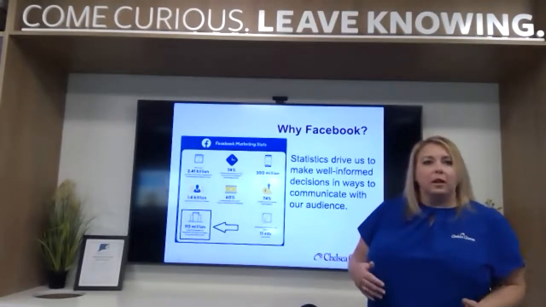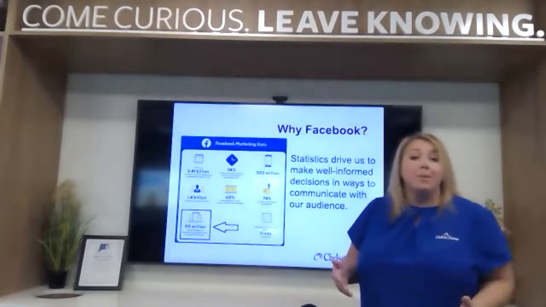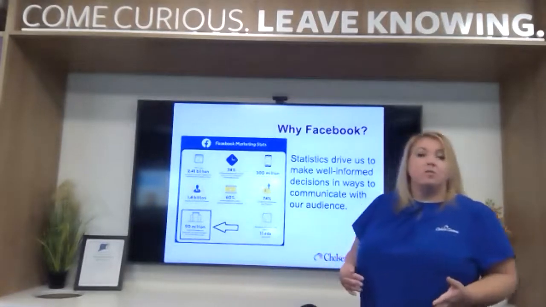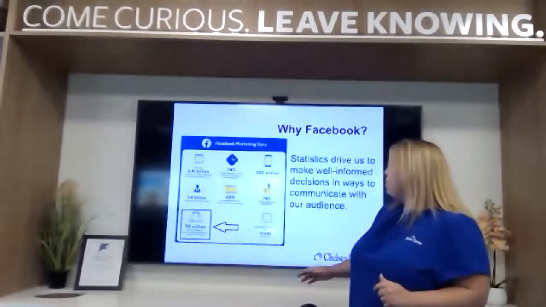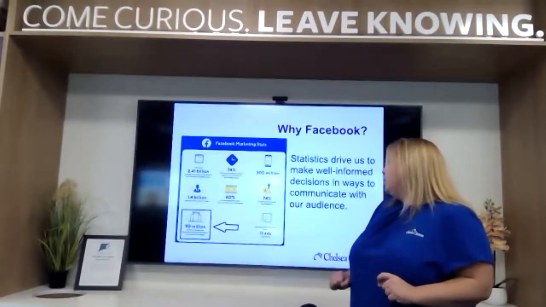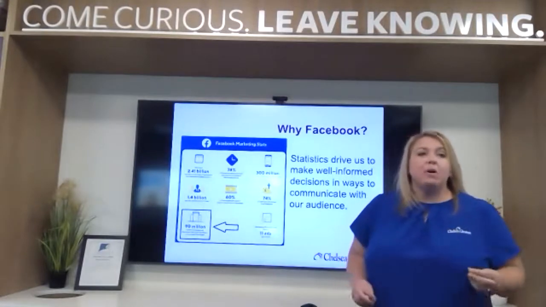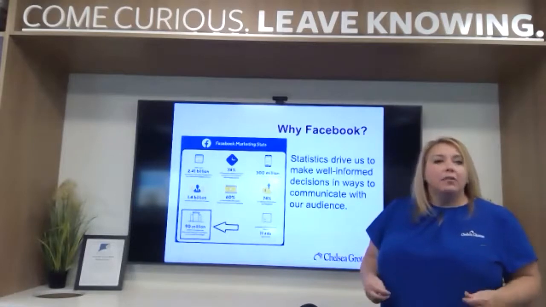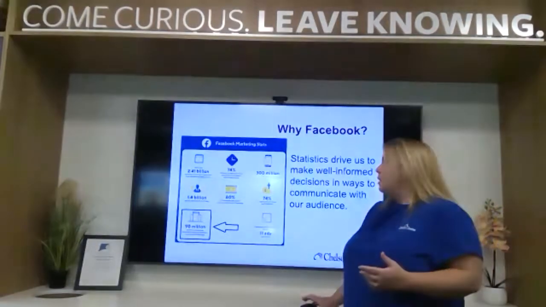Prices, or setting a date for something, or clearing up a disagreement. Messenger is a great place to do that. You don't want to have those discussions live on your Facebook page. And an average Facebook user clicks on 11 ads a month. So if you're thinking about how to target people to be a client of yours or a member of your organization, Facebook is a great way to do that.